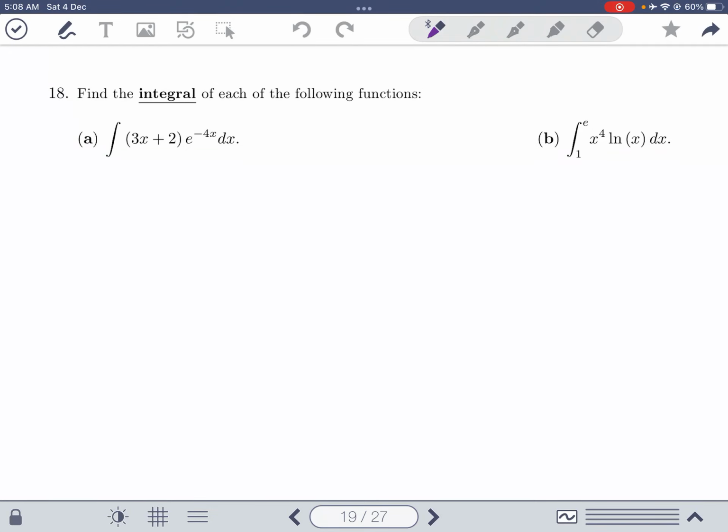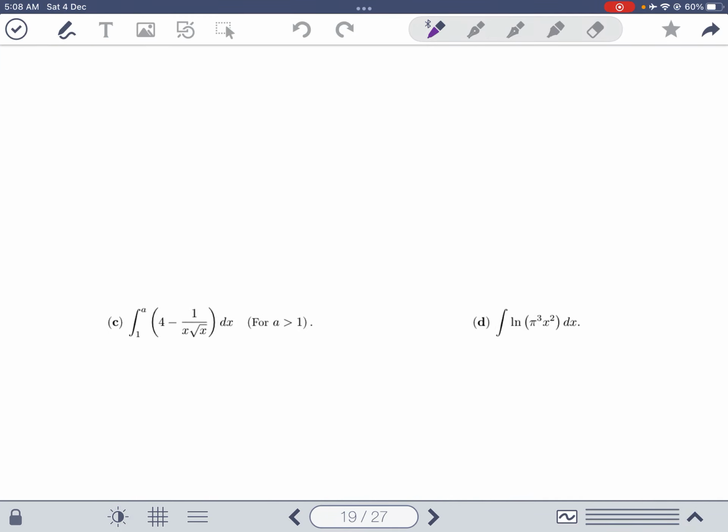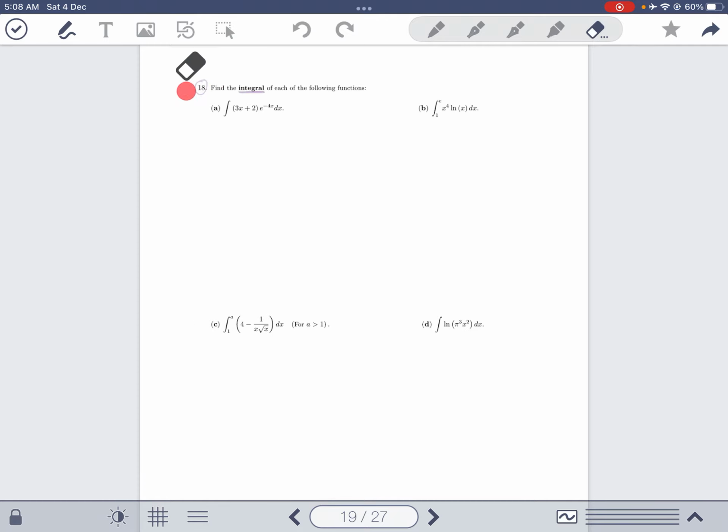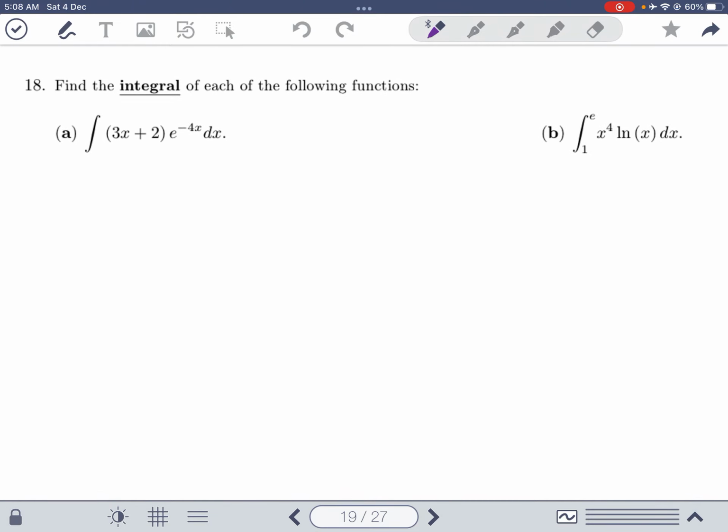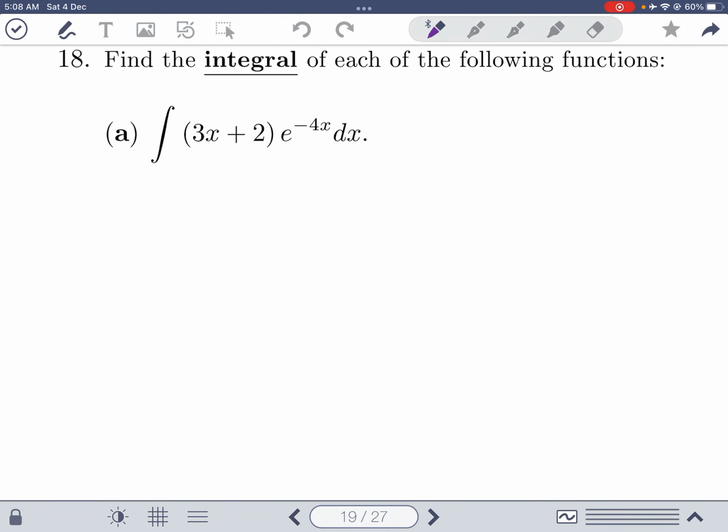Okay, in this question, we need to find the integral of four functions here, which is the antiderivative. The integral is an antiderivative, and we have four of them. The first one is this. Notice what we have here. This one is a power function or polynomial times